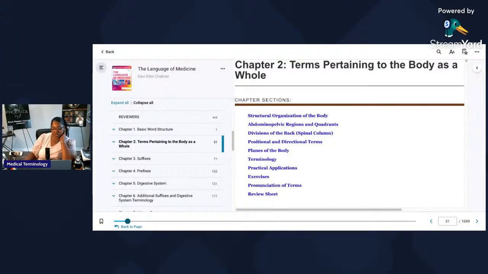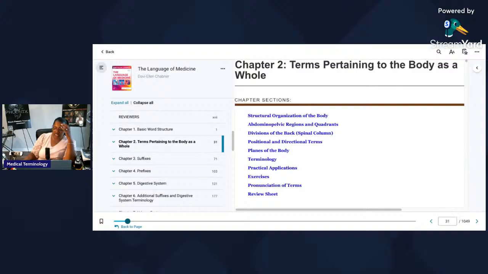So again, we are doing medical terminology, and this is pretty much what we're going to do in the classroom. Your medical insurance billing was 15 hours theory and 30 hours practice. You will more than likely have 40 hours of theory and 60 hours of practice.